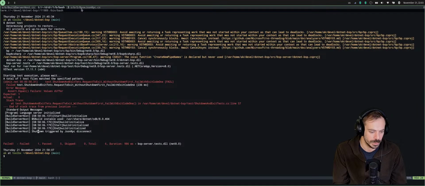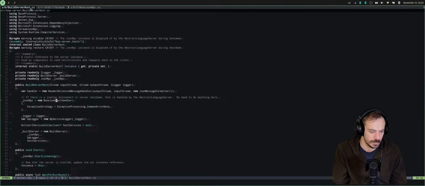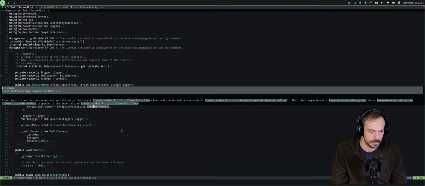Shutdown triggered by JsonRpc disconnect. Exceptions thrown by the server are serialized as a simple class and the default error code.